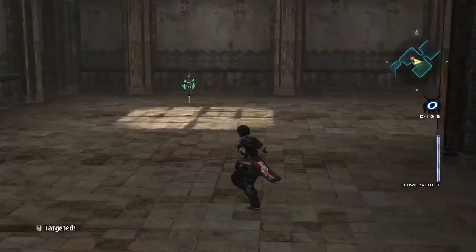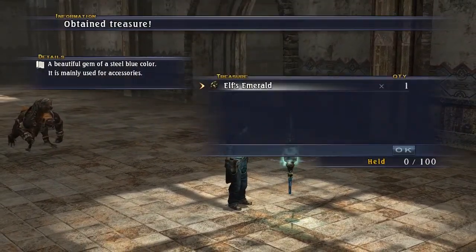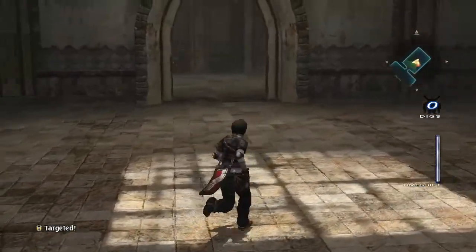Hello. So we've already found our morsel. At this point I'm just checking for treasure like this one. Look at an emerald of some description. There's a dig point, but I can't use it, so...